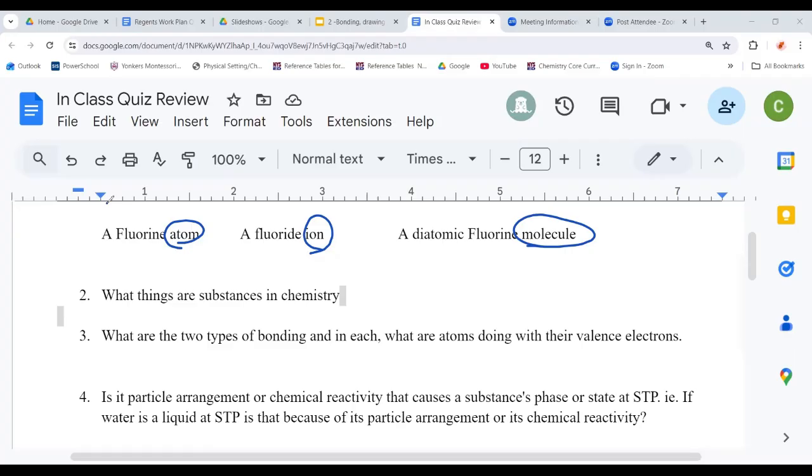So I would sit there and compare these things. What is the difference between an atom, an ion, and a molecule? A molecule is a group of atoms that are sharing electrons, covalent bonding. So when you have a fluorine molecule, you've got two fluorine atoms bonded to each other. This is diatomic, so that's F2. Diatomic gases. And how are they bonded? They're both equally matched nonmetals, so they're going to share their two electrons to make sure that they both have enough. So to draw that as a dot diagram,